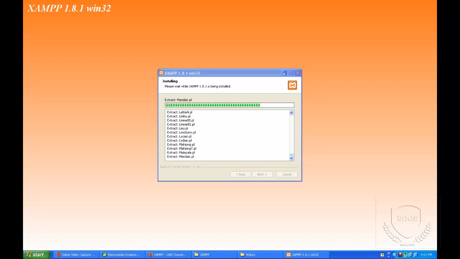Sometimes, if you log into your Skype before starting the control panel, Skype will automatically occupy port 80, because once we install XAMPP, by default XAMPP will take port 80.